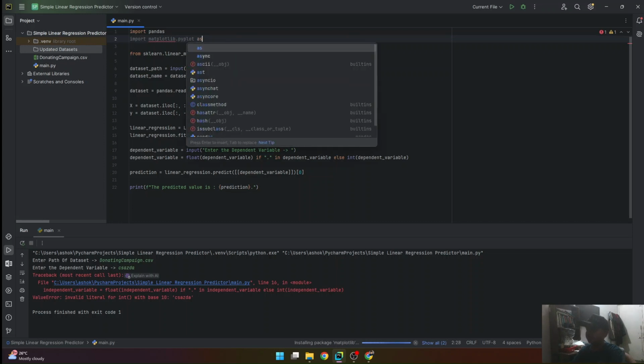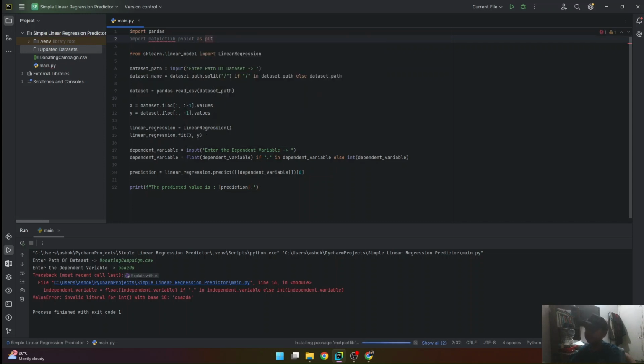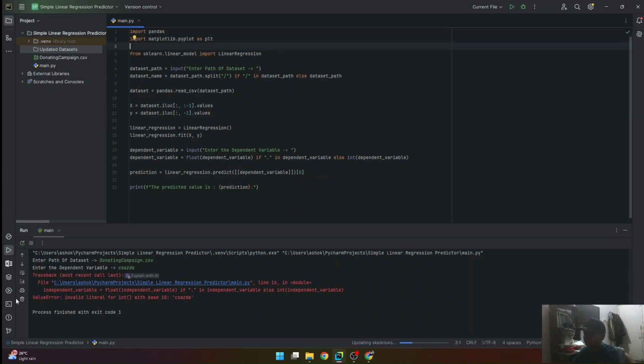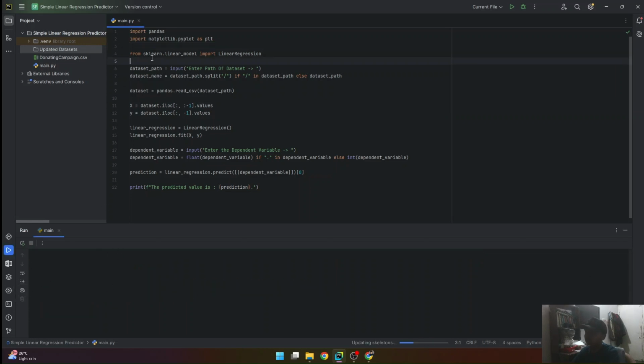We're going to call it PLT, which is quite common. We're going to have to wait for matplotlib to install. Yep, and it's been installed. Let me just clear the output here.